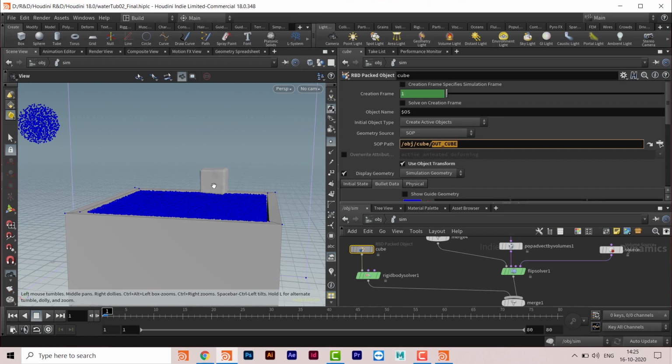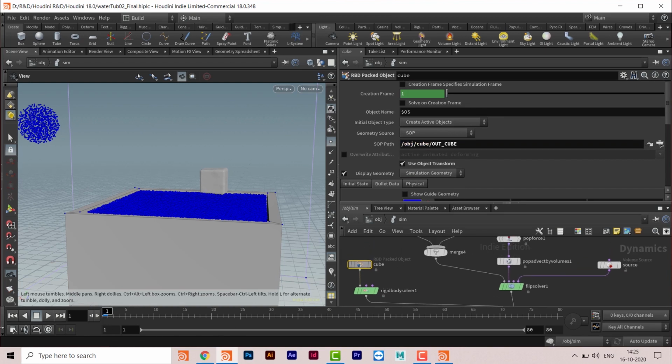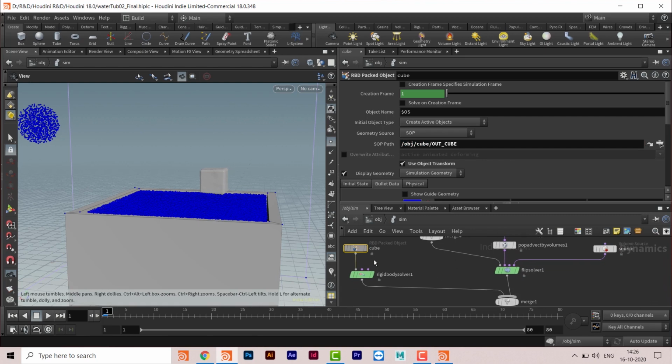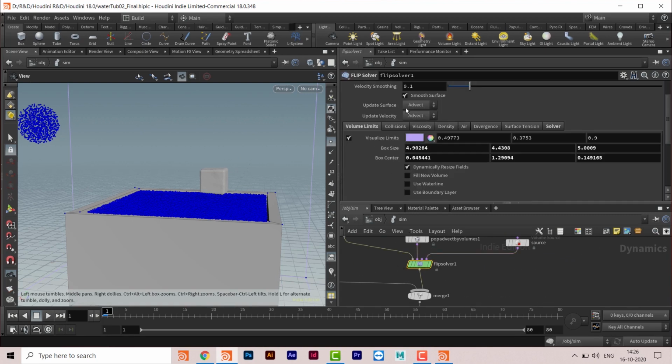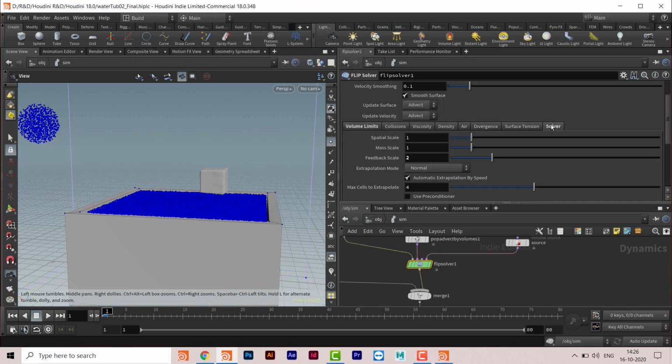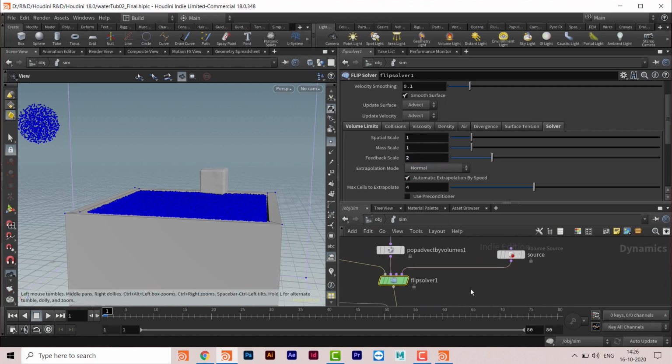So this is a rigid body actually. This is the rigid body which is coming, which is just dropping on the surface. That is the rigid body, and this rigid body is floating because of this, which you will find in the solver. This is floating because of this feedback scale. So you can change the mass, you can change the scale, both the values here and some other values also, but this is the main value which you have to change here. So that is the thing.